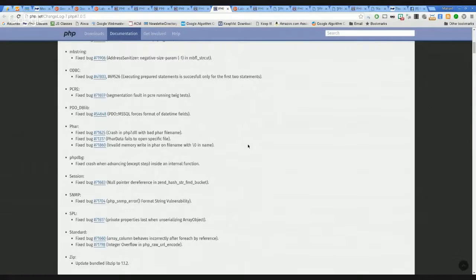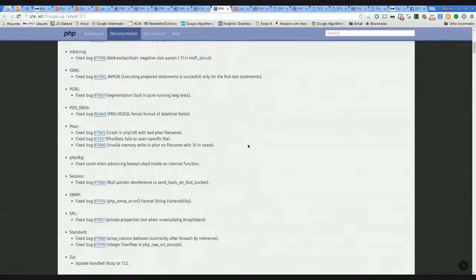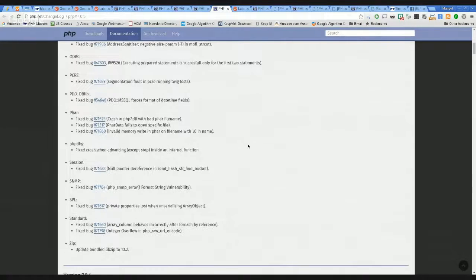But I know, for instance, the Linux distributions, sometimes they have specific PHP versions, and they have to backport these patches to the older versions that they are supporting in the older releases. And this is probably a big burden for them, but it's their job.